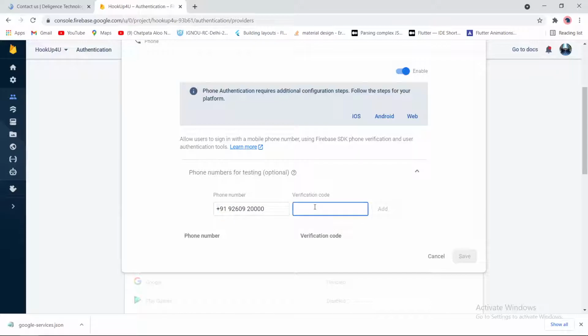As for verification code, we will set it up as this. Now just tap on add.